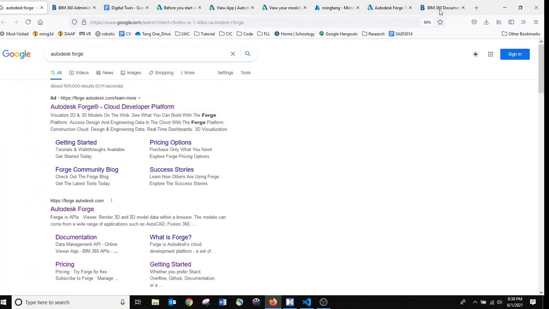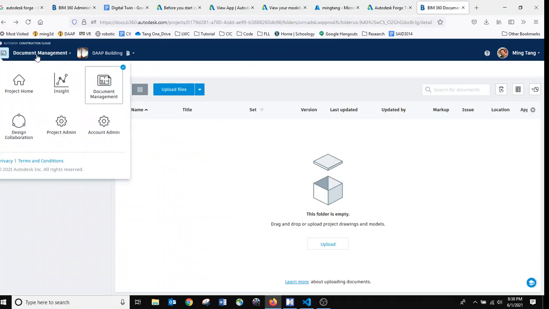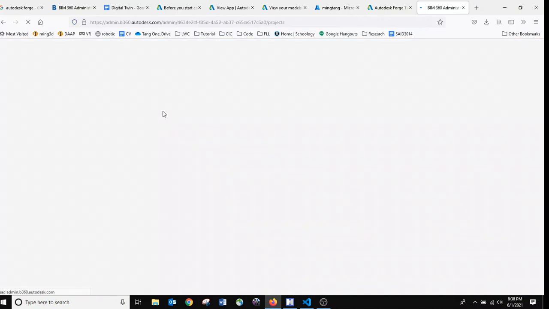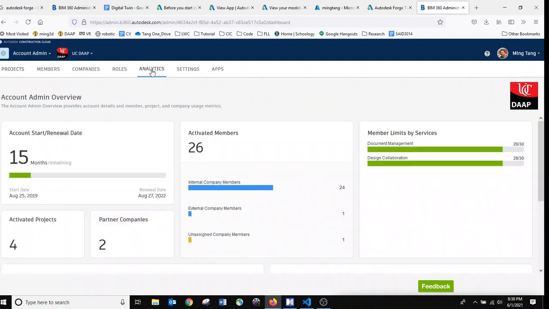Back to that. Yeah, I have to go to my highest level, which is account administration. Then here in analytics, actually not here, in the apps. Yeah, so in the apps, you can see many different